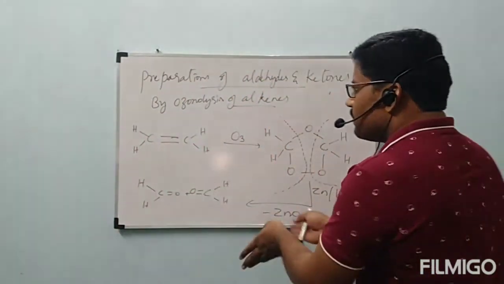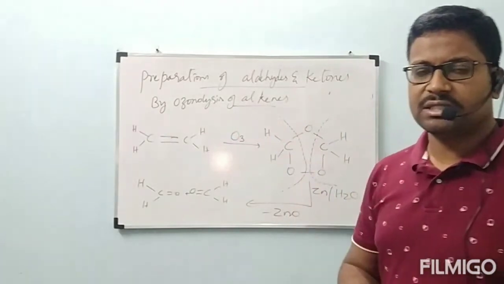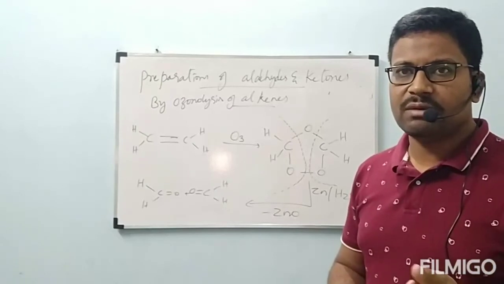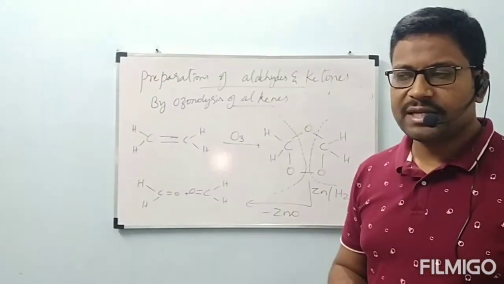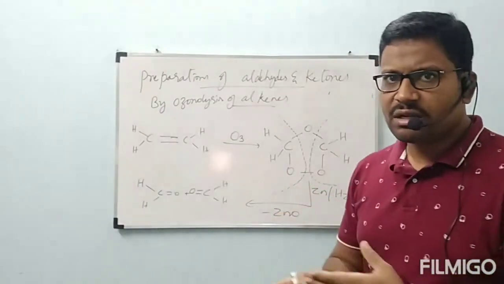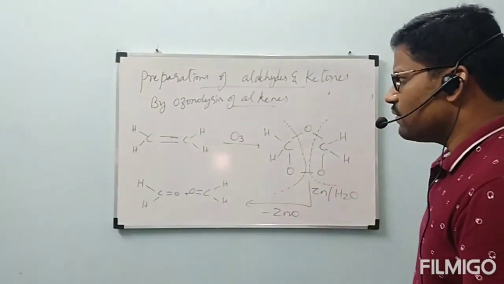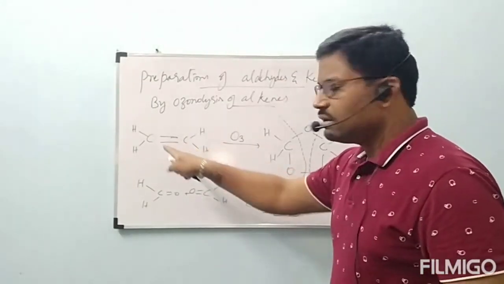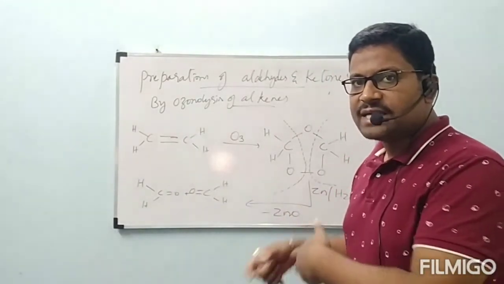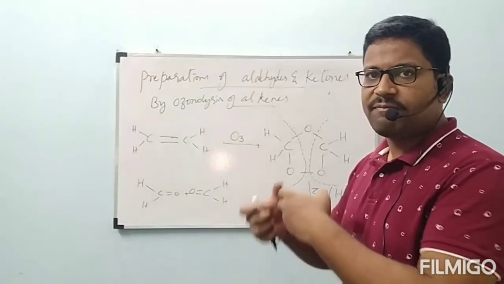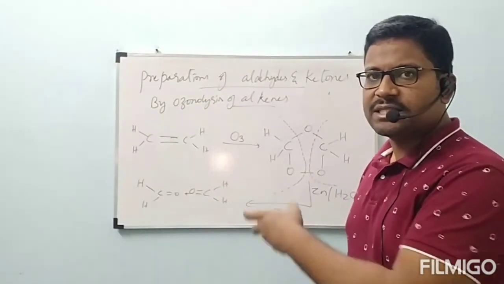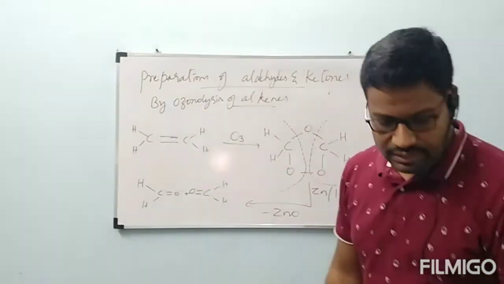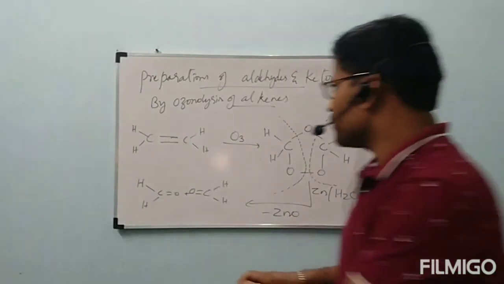This type of ozonolysis reaction we have studied in 11th class, under properties of alkenes. Alkenes will undergo ozonolysis to form a mixture of aldehydes or ketones. If they give any alkene that undergoes ozonolysis and then the second step, zinc and water hydrolysis, what is the final product? Easily we can write that by considering one example. But this is the whole reaction which is happening. Now let us see how we can write the products easily.